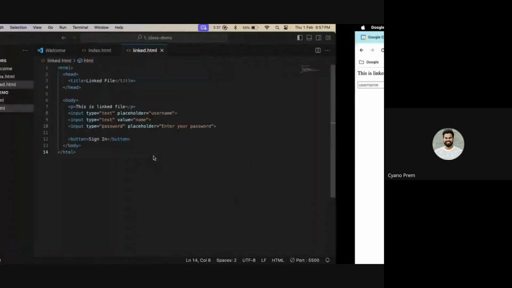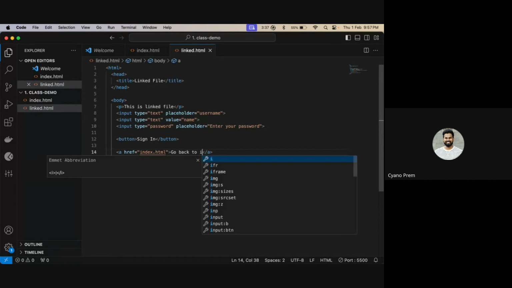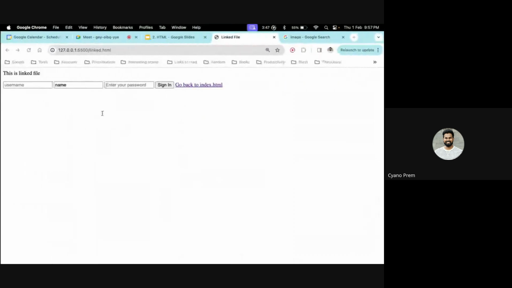Another interesting thing we did is we first created an anchor tag. Inside the anchor tag, I gave index.html. I'll give the text go back to index.html, so this is what my text will show.